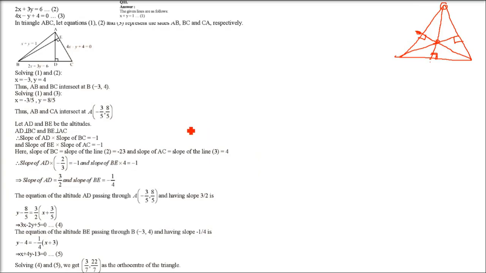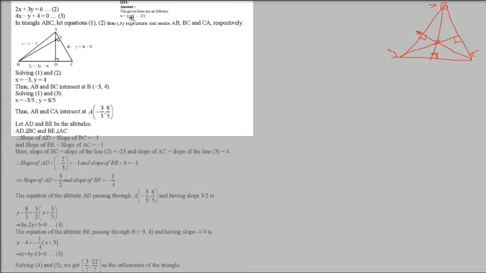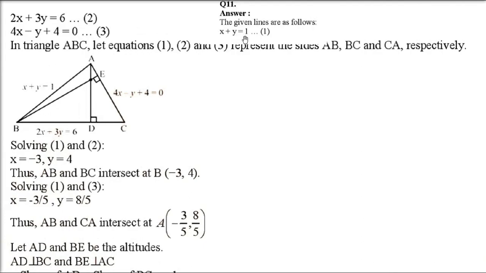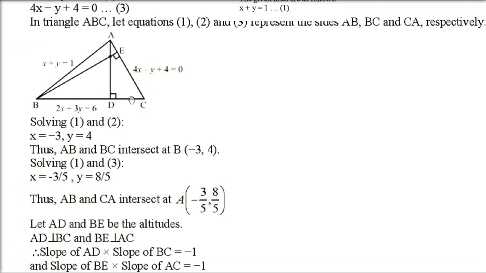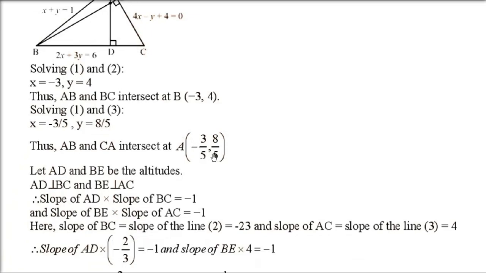So what all are given? Three sides are given. First, let me find out the intersection point. That is the main thing which we have to do every time. So these 3 points we need to find out. And see, one more thing, if you can find out 2 points, that's also enough. But it's always a good idea to find out all the 3 points of intersection. So all these 3 sides, pairwise we took the intersection and we found the points of intersection. Okay. So we have -3/4, -3/5, 8/5 like this.